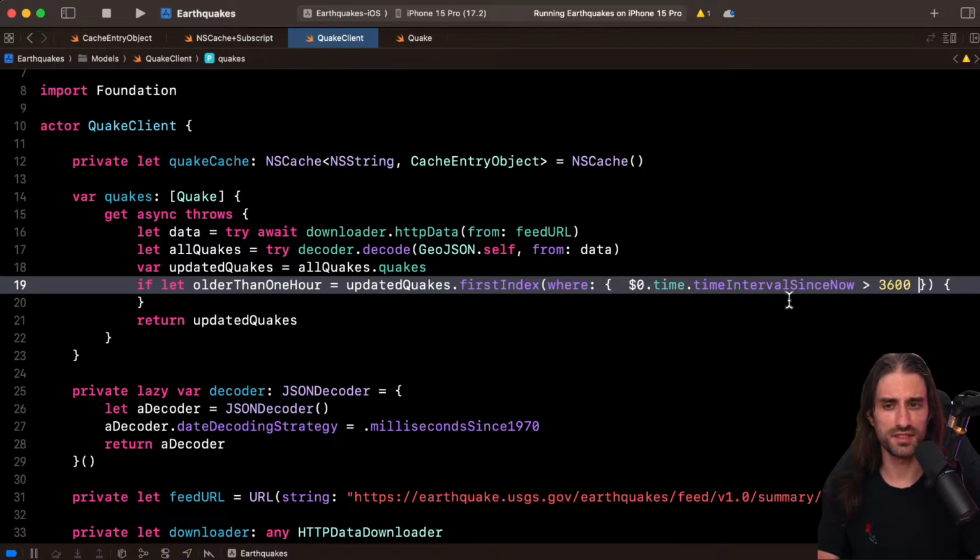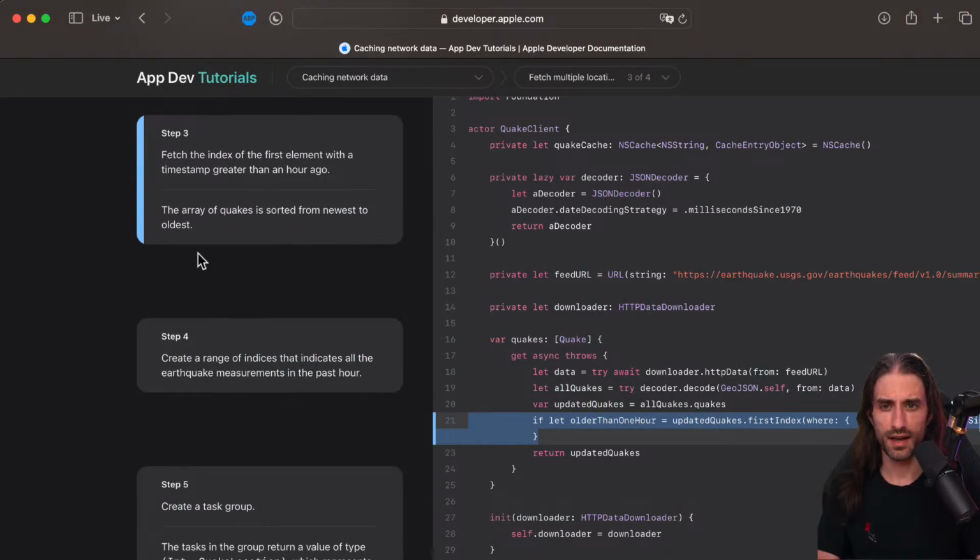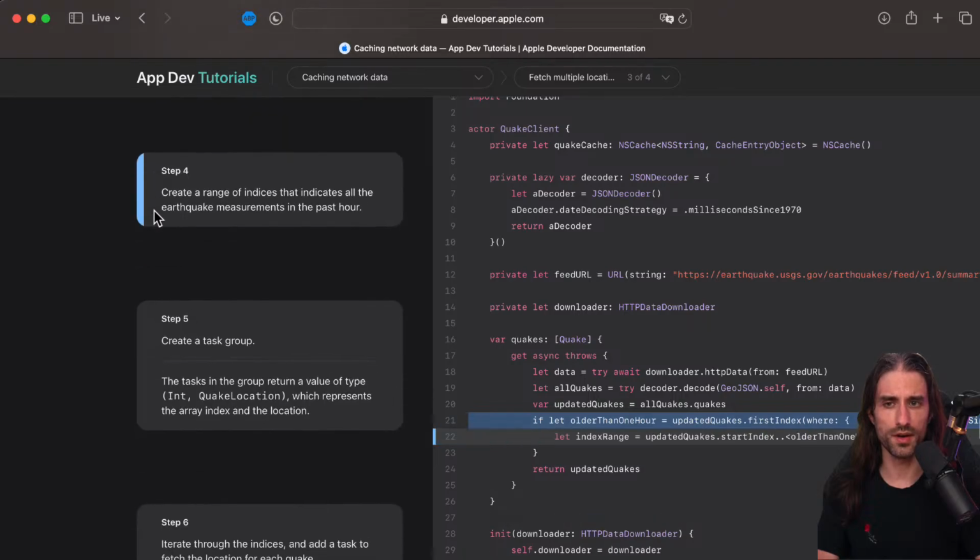So it's 60 times 60. And what do we do inside this if statement? And they say that the array of earthquakes is sorted from newest to oldest. So it will stop when it has found the first earthquake with its time being greater than 1 hour from now.